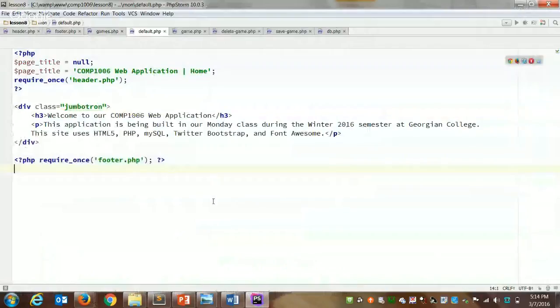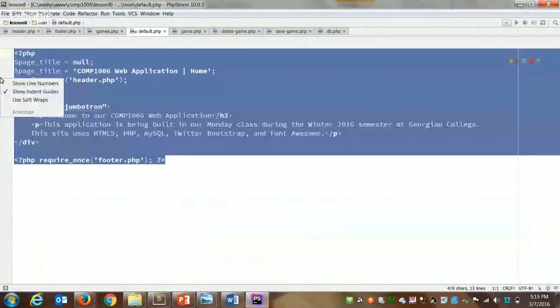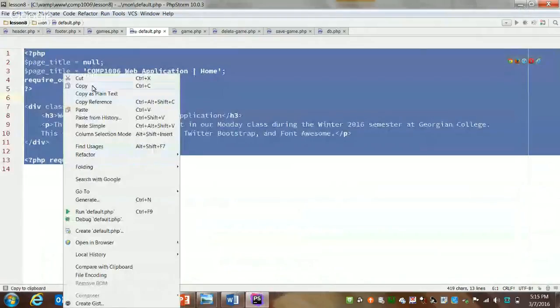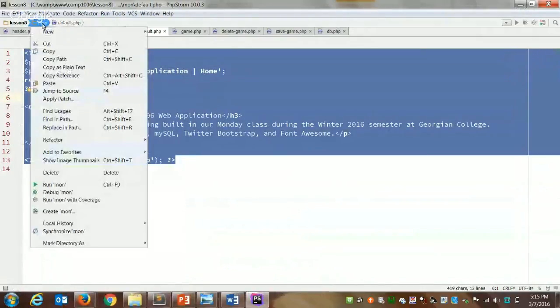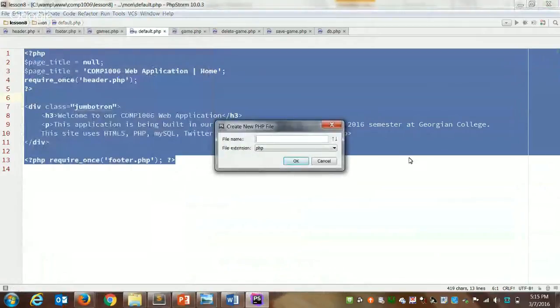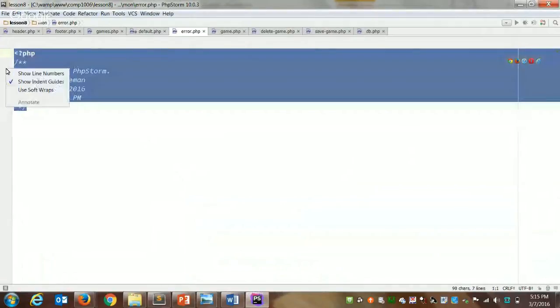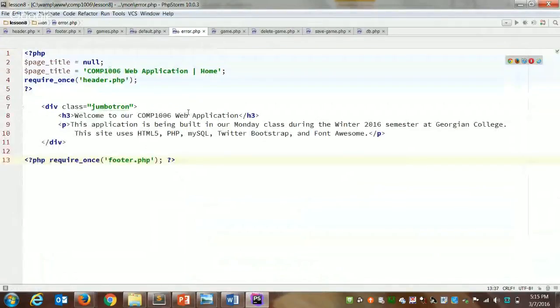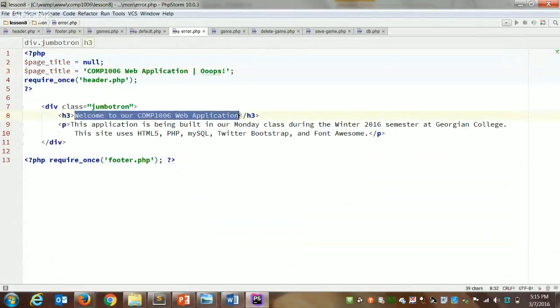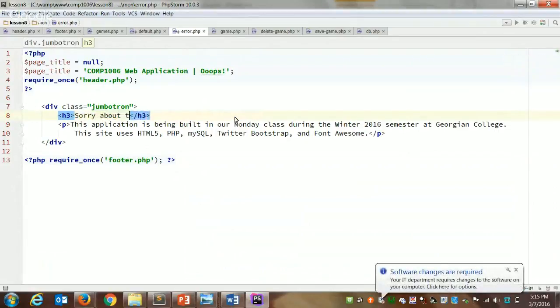Let's take our default page. I'm going to copy everything, and I'm going to make a new file, new PHP file. Let's call this error.php. So what we want is a generic error page that will tell the user